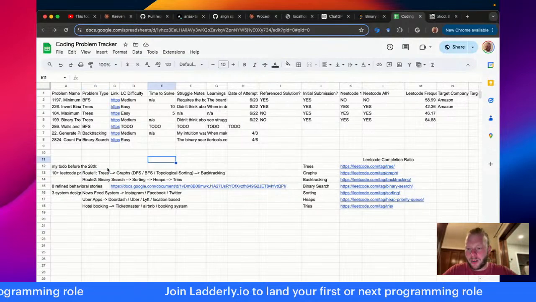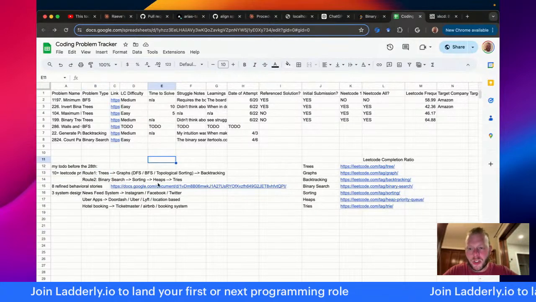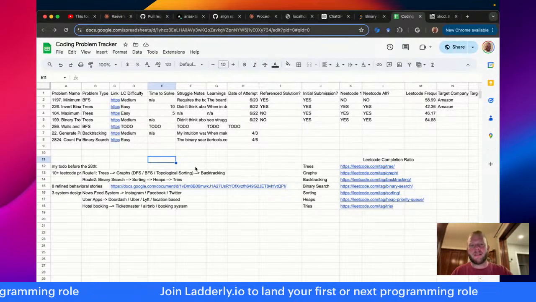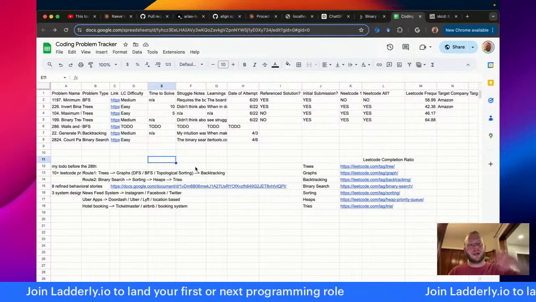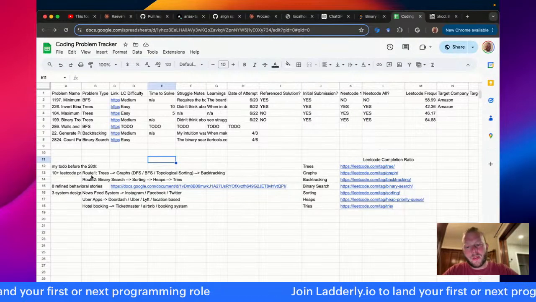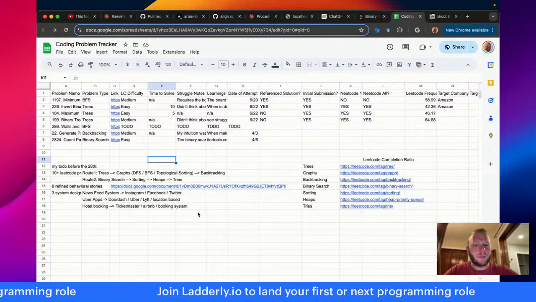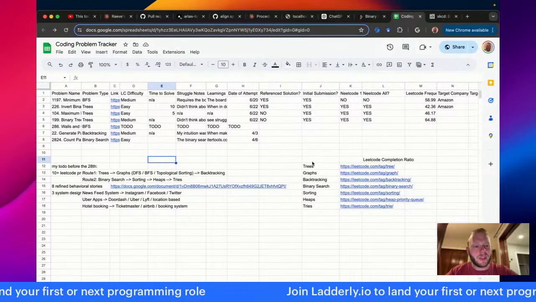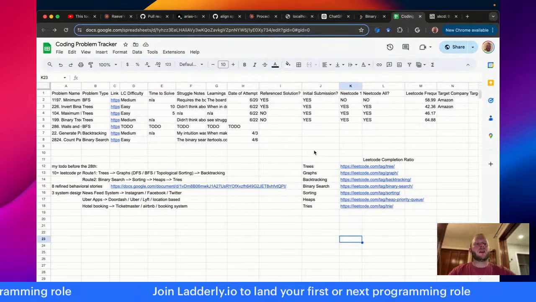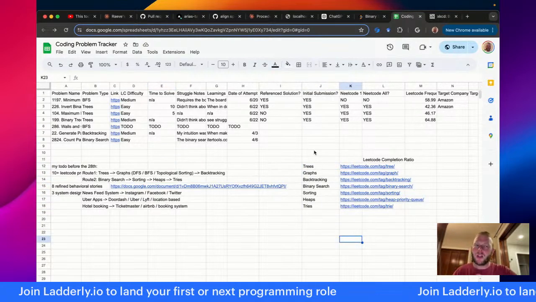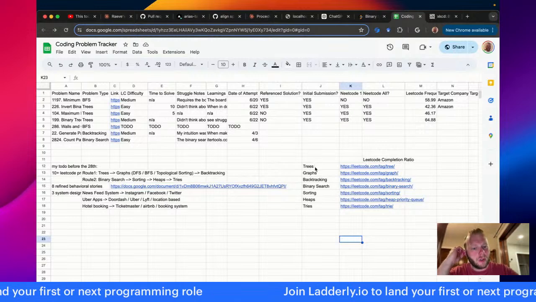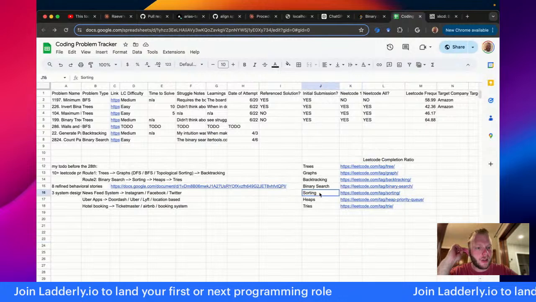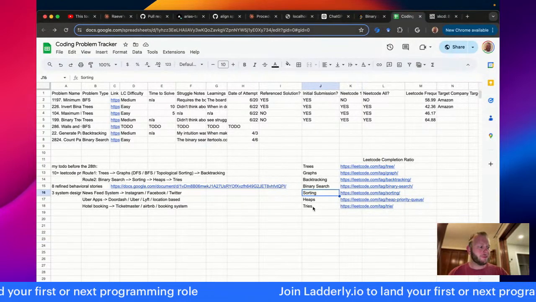This cycle pattern: trees, graphs, backtracking, binary search, sorting, heaps, and tries. This is recommended by my coach. So I have a technical coach that I'm working with, actually a couple of them. Based on where I personally need to improve, this sort of micro curriculum was assembled. And then here are the quick links to those tags. I will be mostly sticking with easies today. I might do a couple mediums, nothing really hard. Most recently I did binary search, so we will be starting with opening up this sorting.